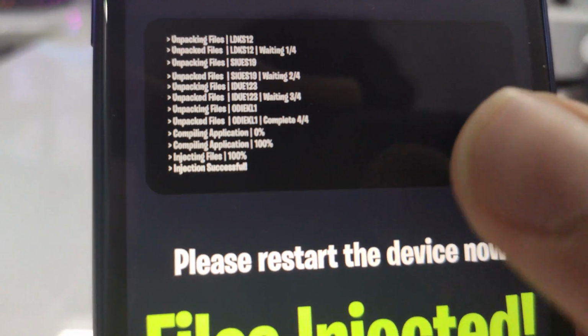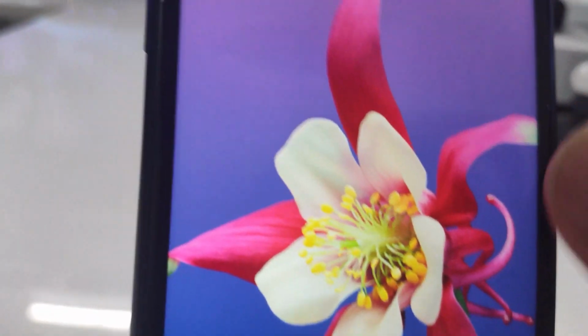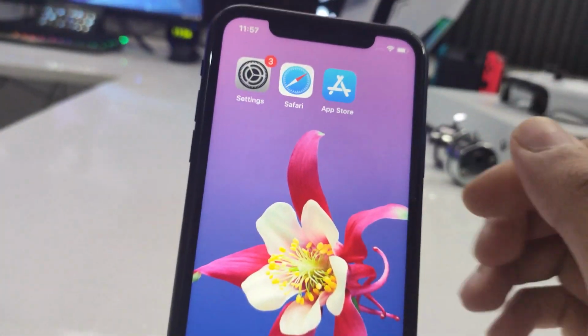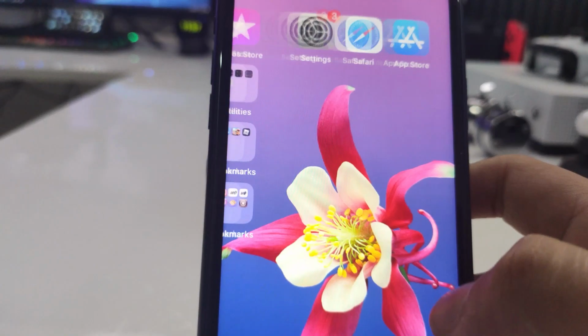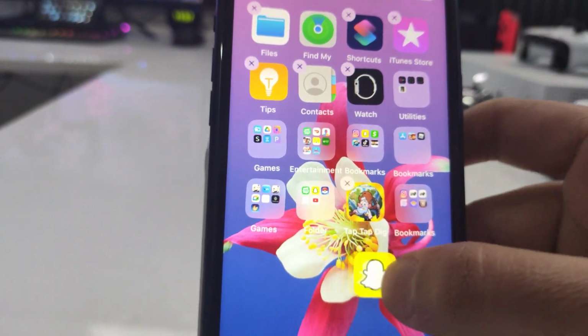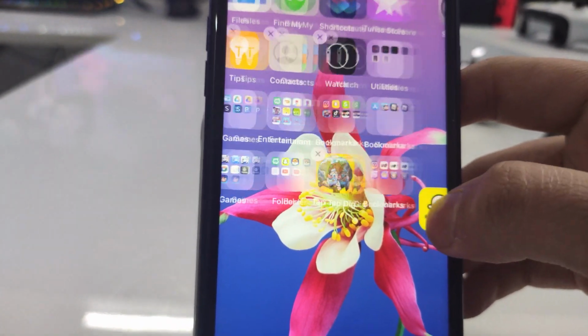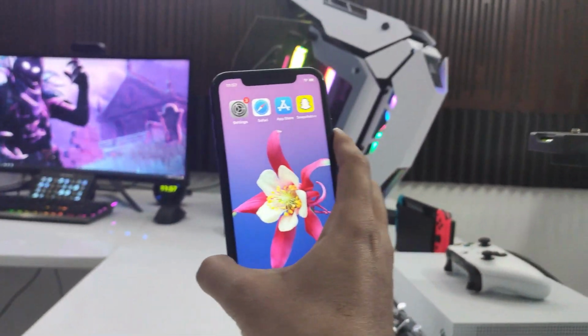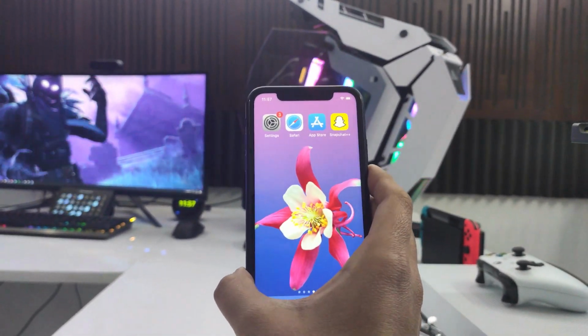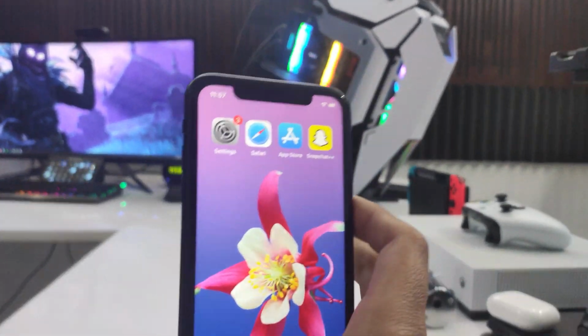Once you've done everything, it'll say that it's completed, and in that case you have to restart the device. But you don't actually have to do that. You can just respring it by locking and getting back on it, and you will see the app right there. And that is how simple it's going to be to get it. If you have any questions regarding this whole process, of course you can leave them down in the comments. And that's how easy it is,